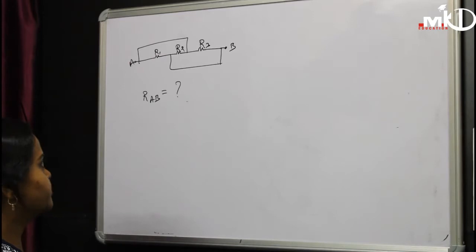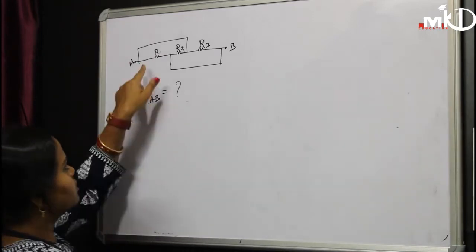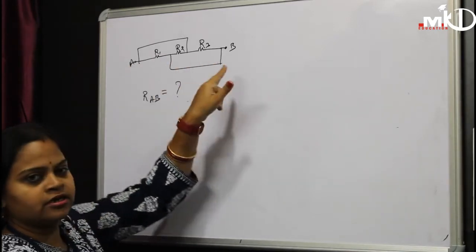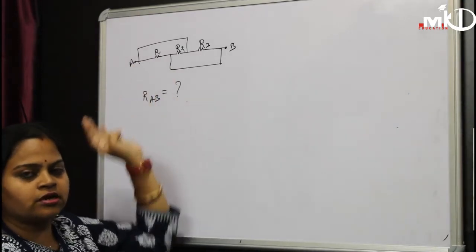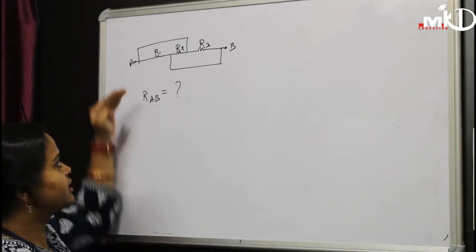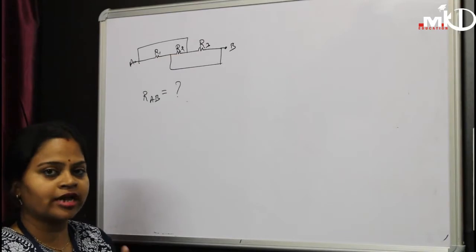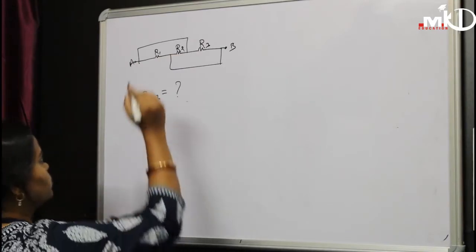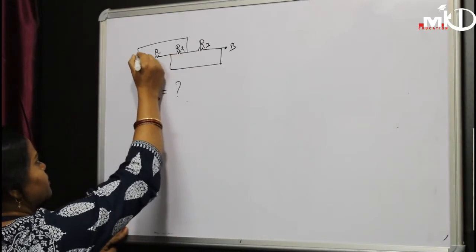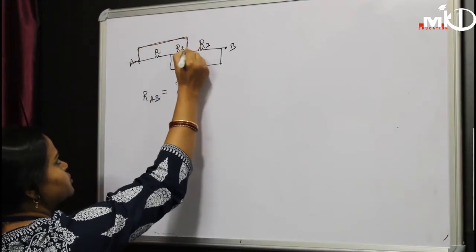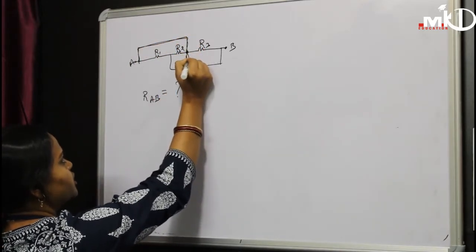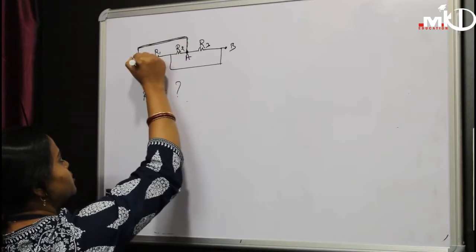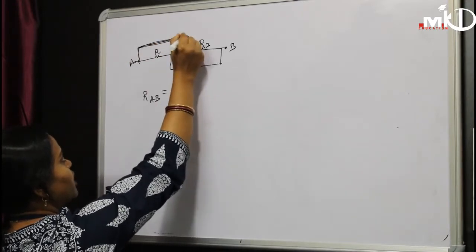R equivalent. So here, if we look at the circuit, we may consider that this is a series circuit. It is seen like a series circuit, but it is not exactly like that. This point A is one simple wire, so this is also point A. There is no resistance between this point and this point. It is only one point.